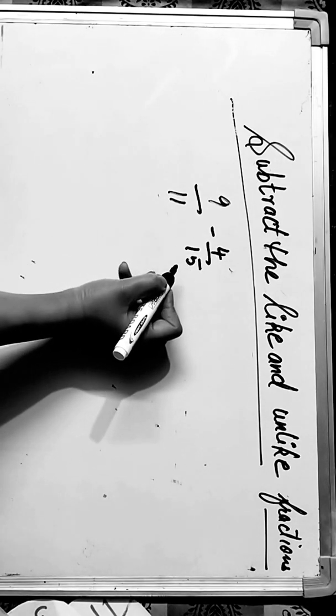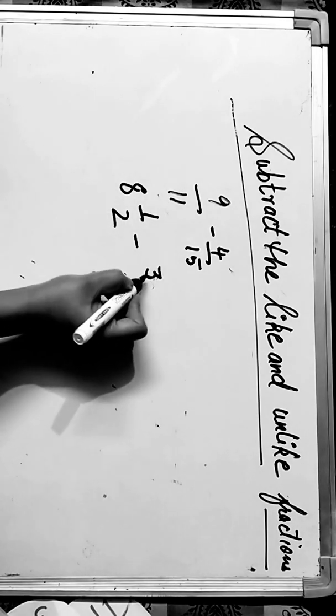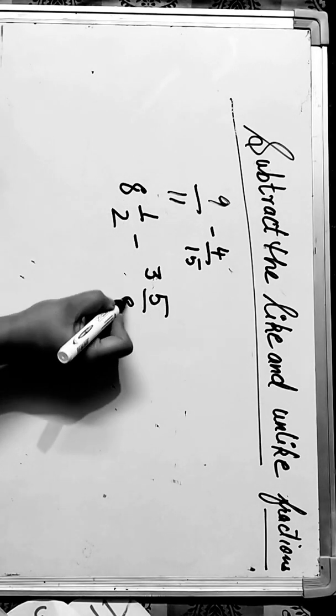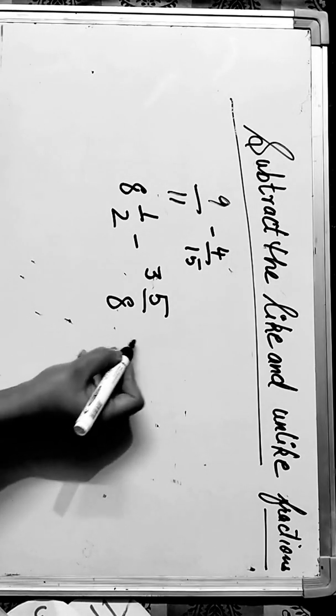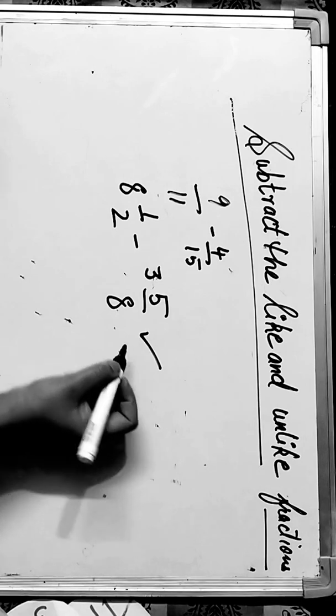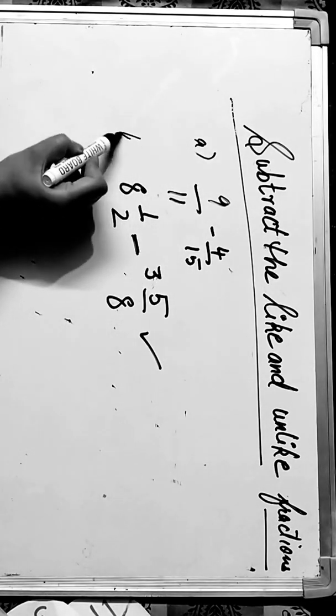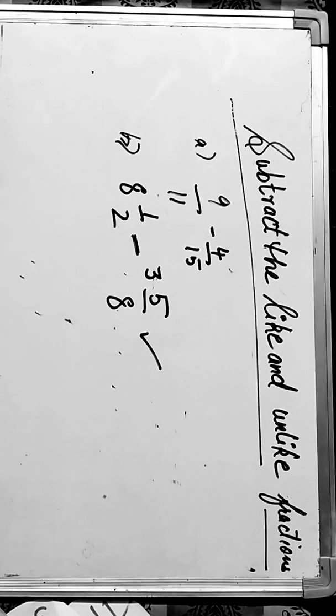The second one is 8.5 minus 3 full 5/8. Okay, so this is similar to the work we have done for addition, but here the sign is of subtraction. So this is A and this is B. Do solve these in your notebook and send me at the